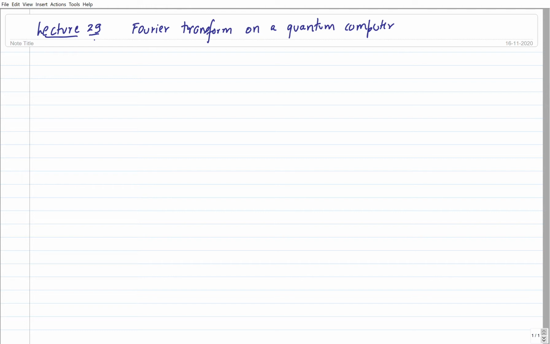This is essentially a very important algorithm, and the Fourier transform itself, I mean, one cannot even